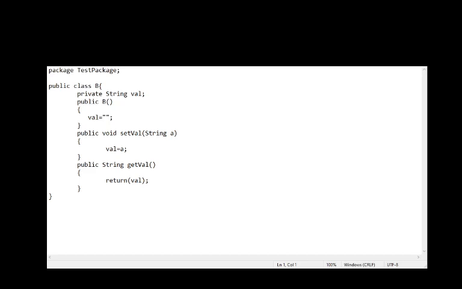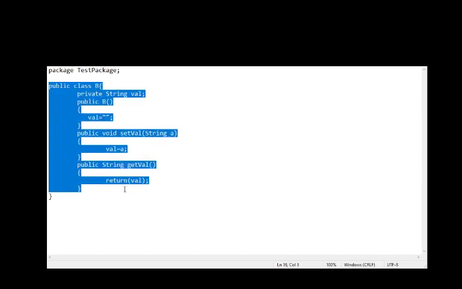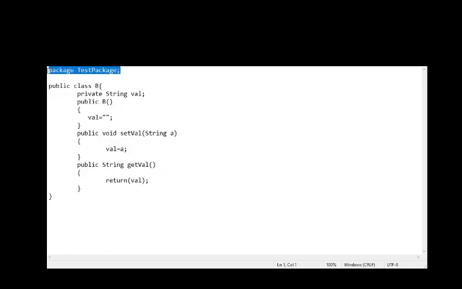In this class B, again you can see it's the same format as A. The only thing is that here the data member is a string and we have the same methods and the constructor. And you can see from this line we have kept it in the same package, test package. So this should be the first line in any of your code.